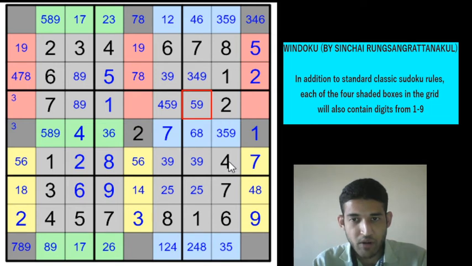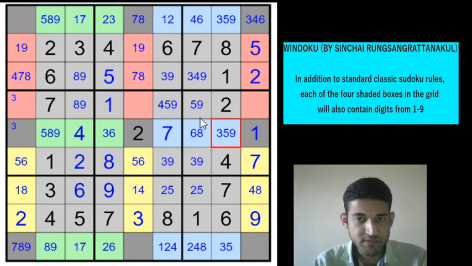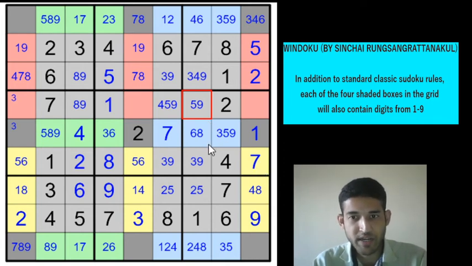Yeah, so in box 6 we have made 1, 2, 4 and 7. And we also see that 3, 9, 3, 5, 9 and 5, 9 are locked in these 3 cells, which means these 3 cells will contain 3, 5, 9 in some order. The remaining digits are 6 and 8. We have a 6, 8 here, so this will be a 6 or 8, which is not giving anything else for now.